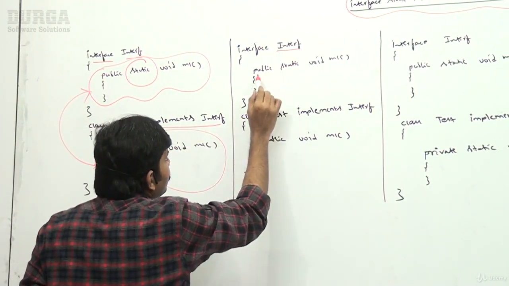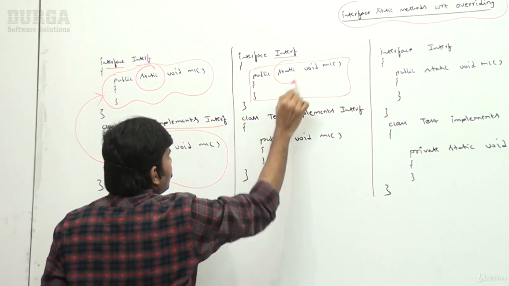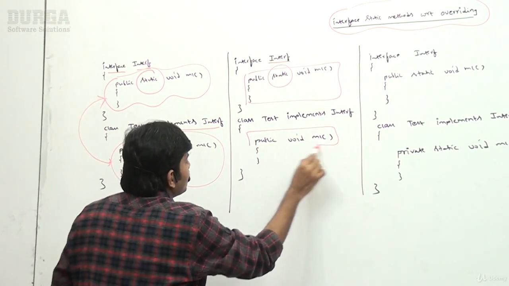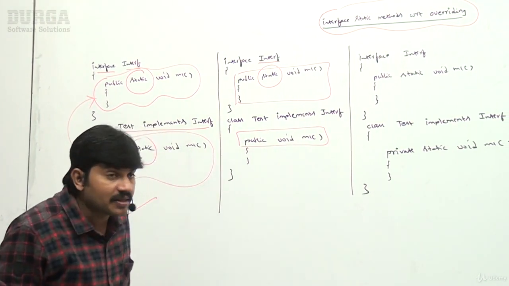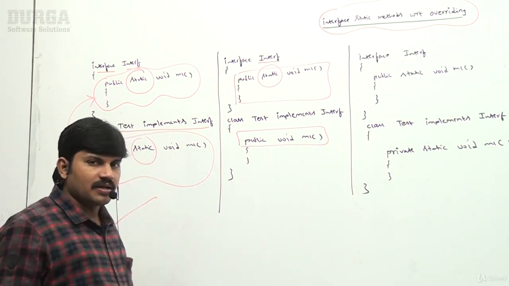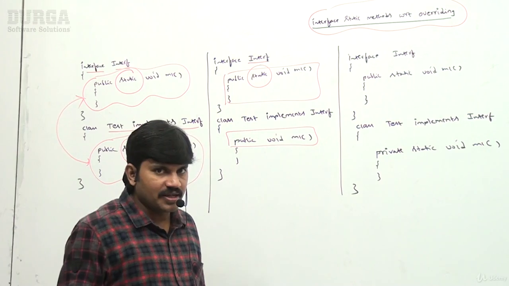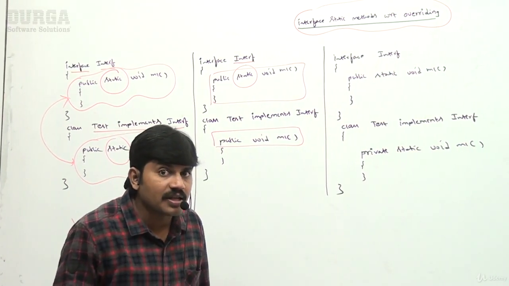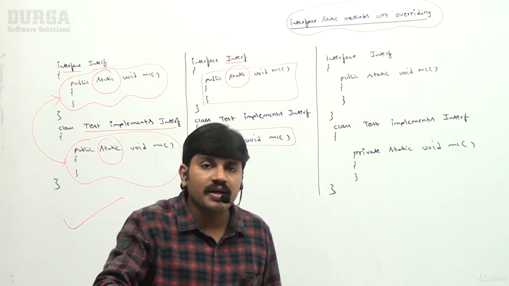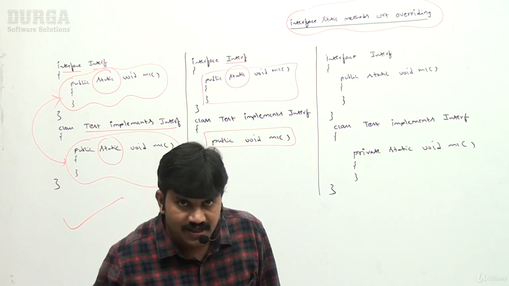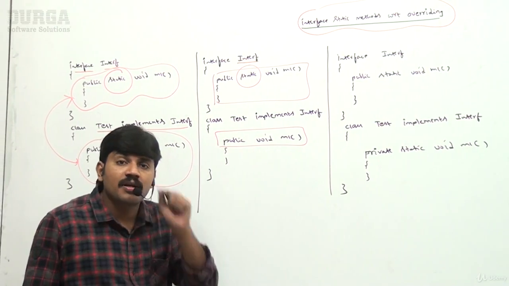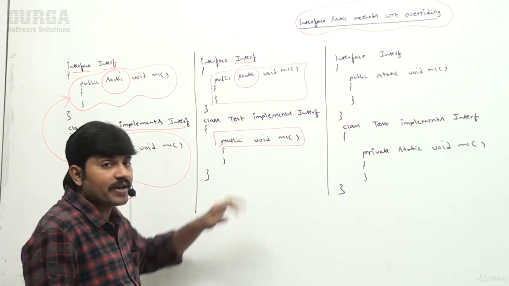Interface Interrup. Sir, it is the interface static method, of course static. But in the implementation class, I am overriding as non-static. I am trying to define the method as non-static. But in normal Java classes, if the parent class method is static and the child class method is non-static, immediately we are going to get a compatibility error, because we can't override a static method as a non-static method. Have you remembered? But in this scenario, we are never going to get any compatibility error because it is not the overriding